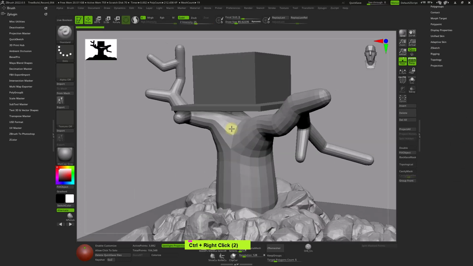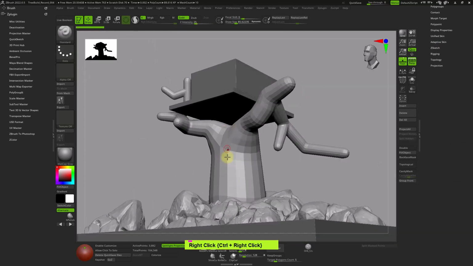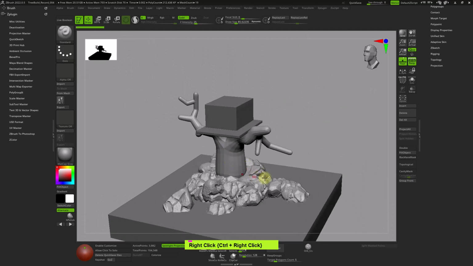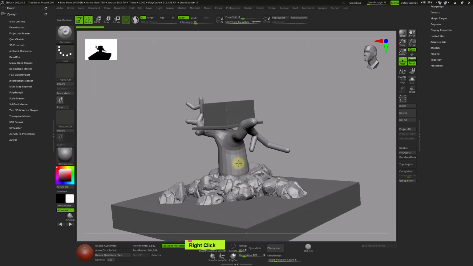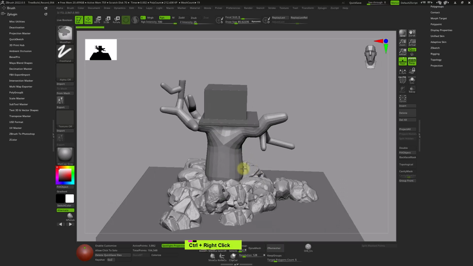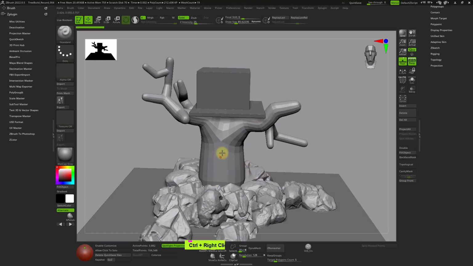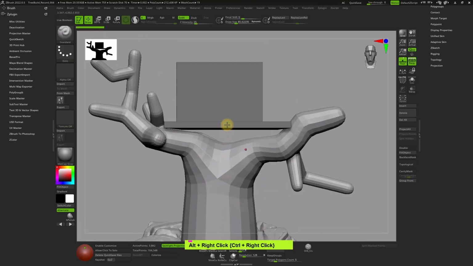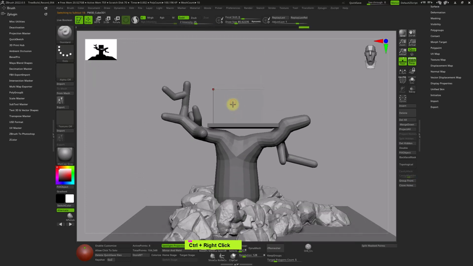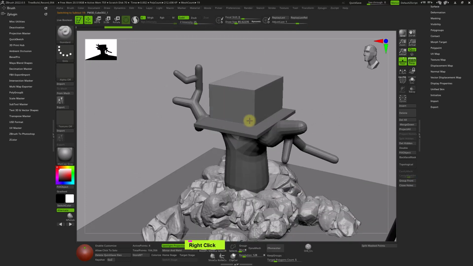So rooftop, supporting beams, terrace as an entry, if we want to put in here a few things, and the roots. So now what I will do, I will select this one, this guy, and copy it and use the